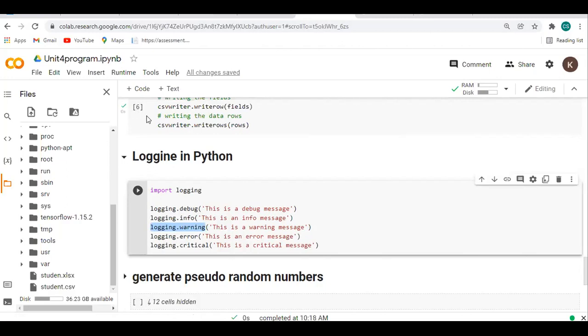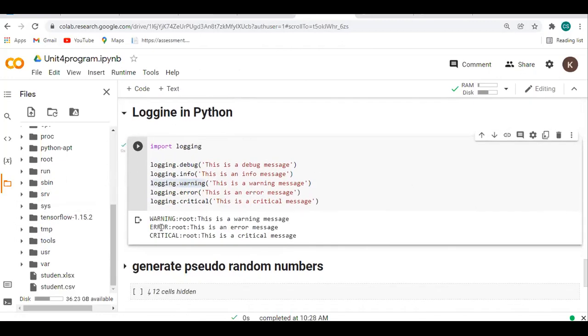Suppose I log out of my mail ID. So logging simply displays some messages. You have to see here, with warning it will display only three outputs: first warning, error and critical, but it will not execute the other two.